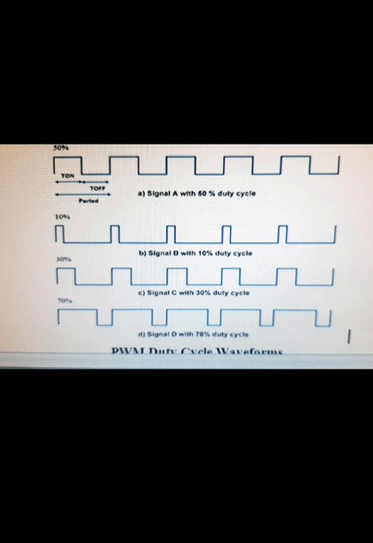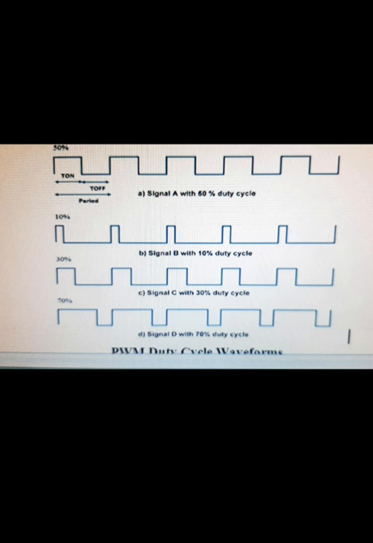In the LPC2148, PWM, pulse width modulation, is a technique by which the width of the pulse is varied while keeping the frequency constant. A period of the pulse consists of the on cycle, that means high, and the off cycle, that means low. The fraction of the period for which the signal is on is known as the duty cycle. That means the duty cycle in percentage is equal to on time over period, into 100.